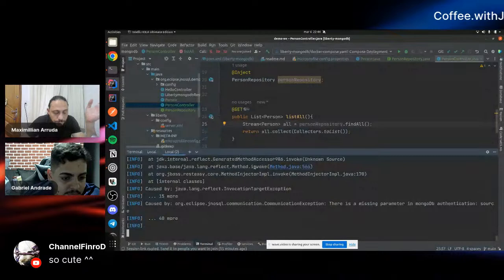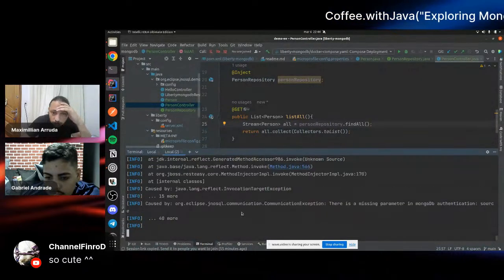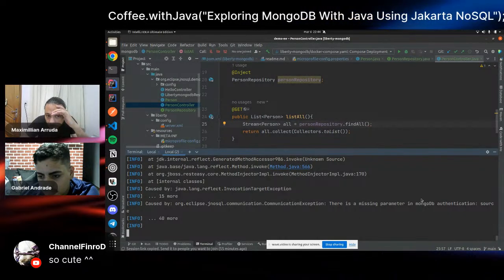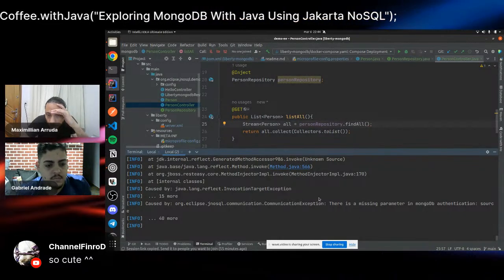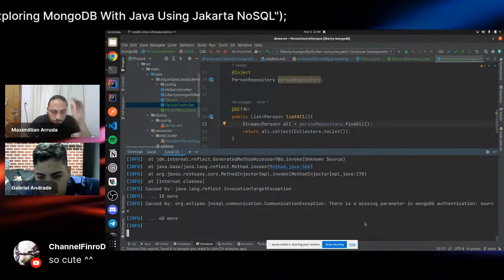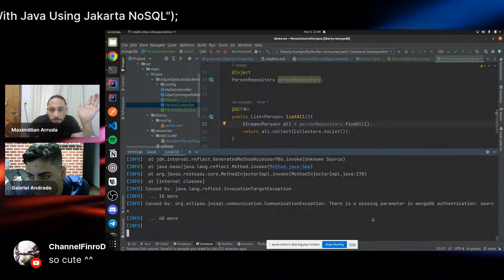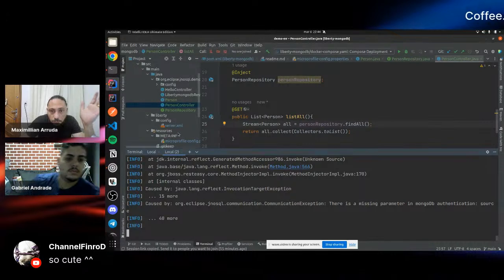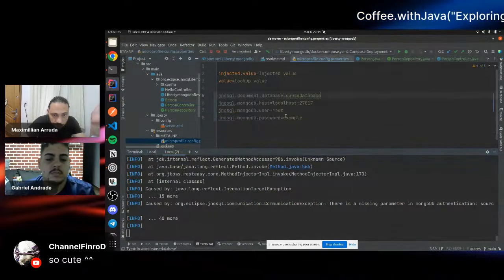So go back to your code, the application again. Let's see. Missing authentication source. Something is missing in our configuration. So go to the MicroProfile config properties again.